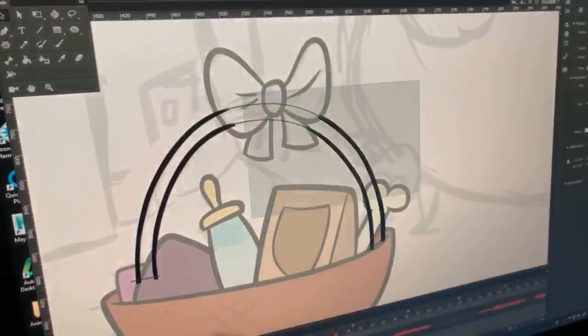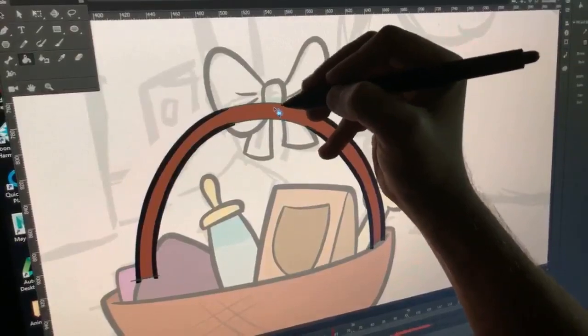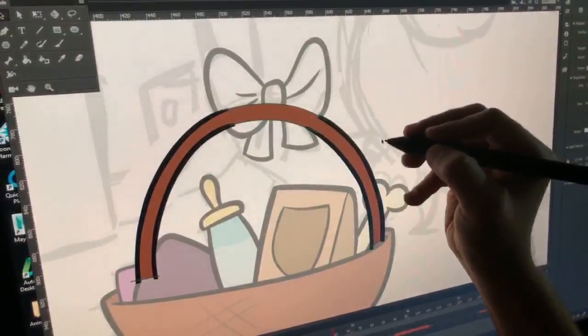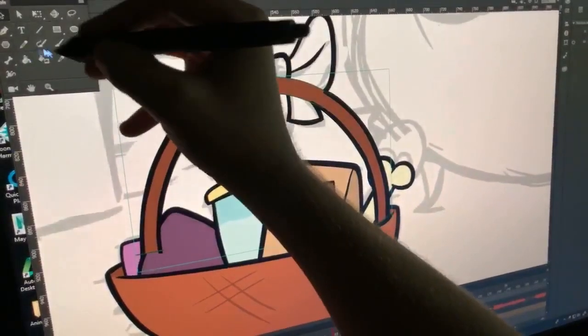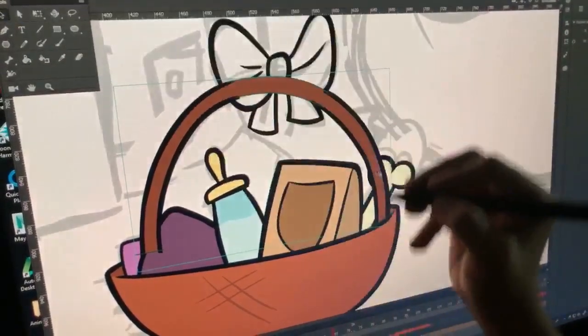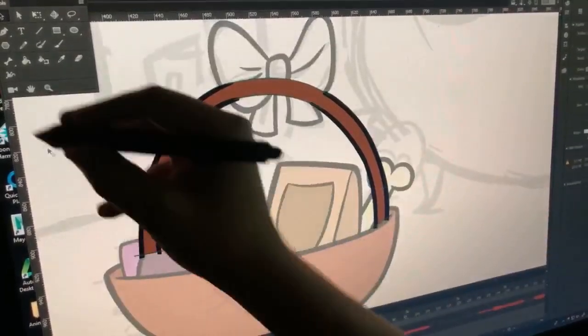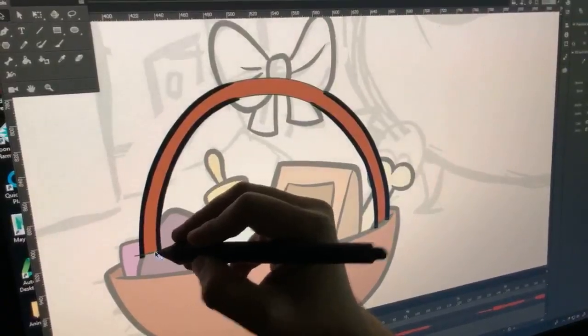Close this off. Oh, I forgot to break it. And then we color it. I use the darker color. I'm actually gonna click on this one, this lighter color, go in there and then repaint it. There you go. And then get rid of these lines.